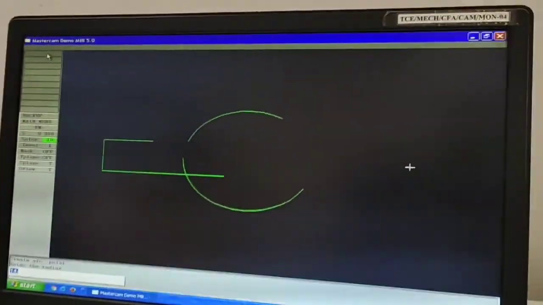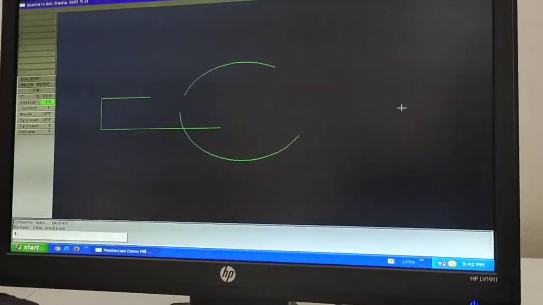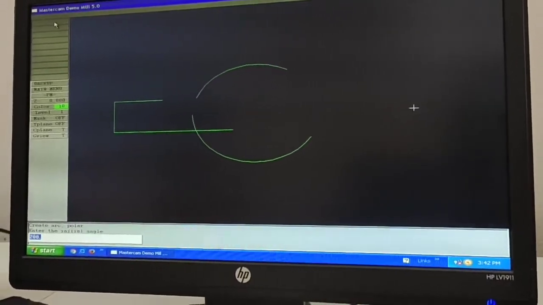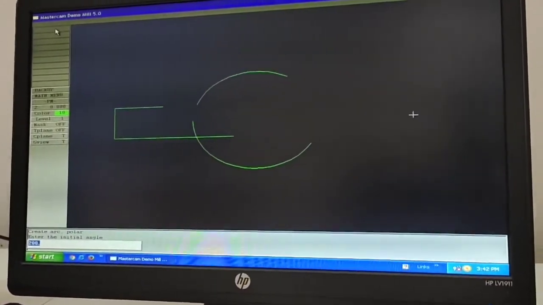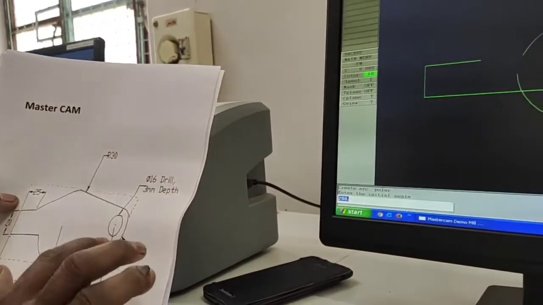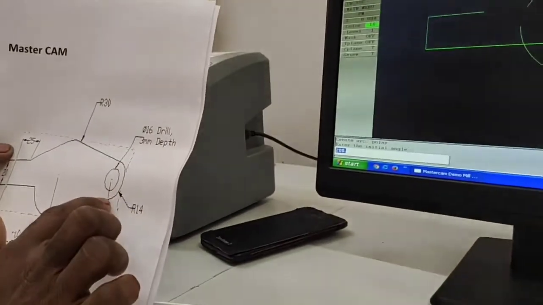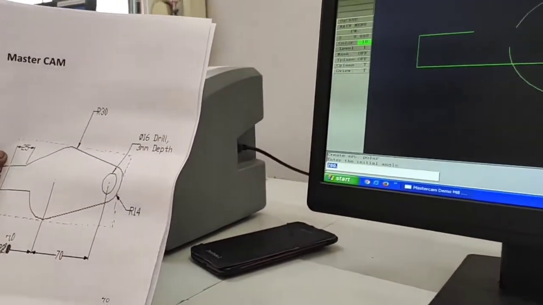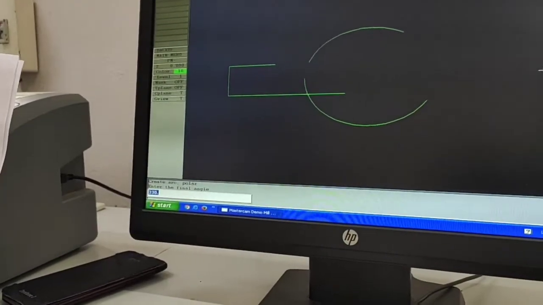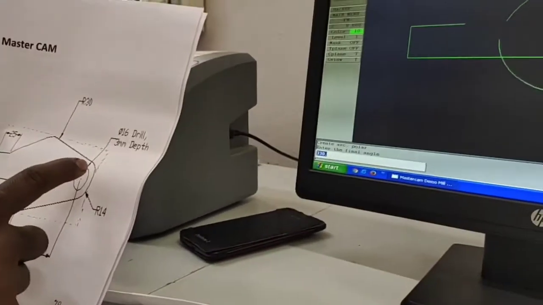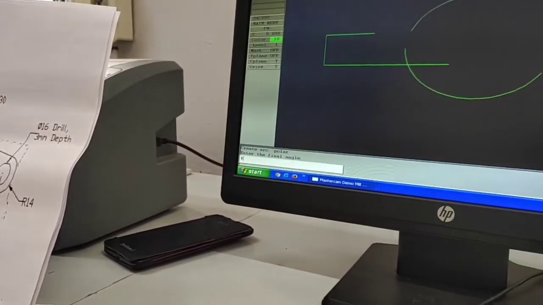What is the radius? 14. What is the initial angle? The initial angle will be 270. So before 200. And the final angle 150.